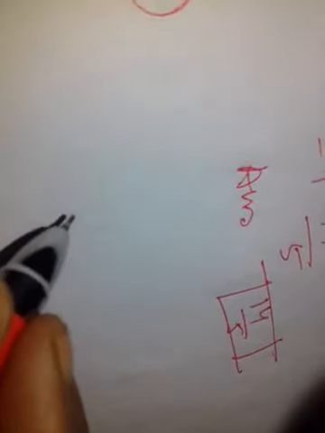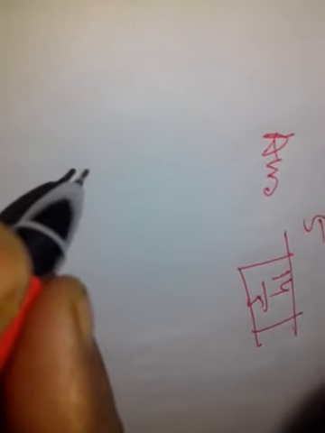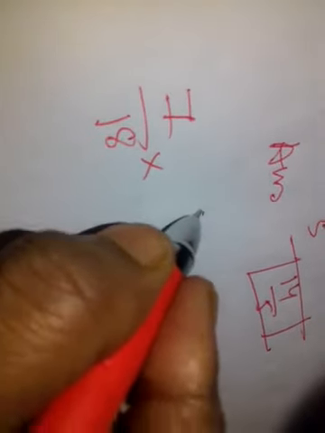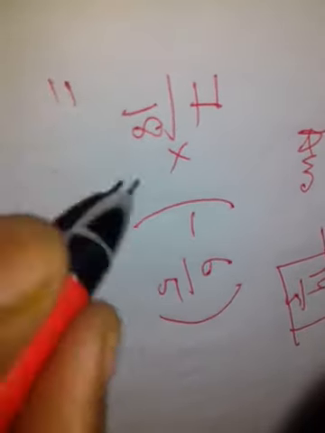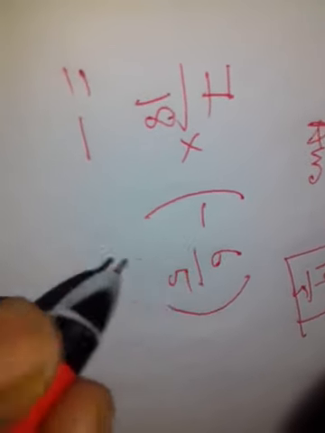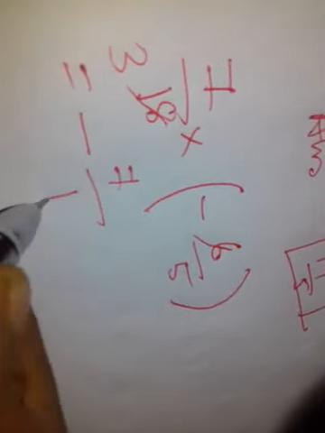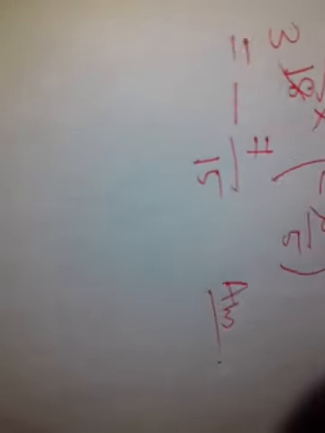Next, sum number 5. Let's write the product by multiplying 7 by 18 with the reciprocal of minus 5 by 6. 7 by 18 multiplied with the reciprocal of minus 5 by 6. The reciprocal of minus 5 by 6 means minus 6 by 5. This is equal to plus into minus, minus. 6 3s are 18, 7 by 3 5s are 15. So the answer is minus 7 by 15.